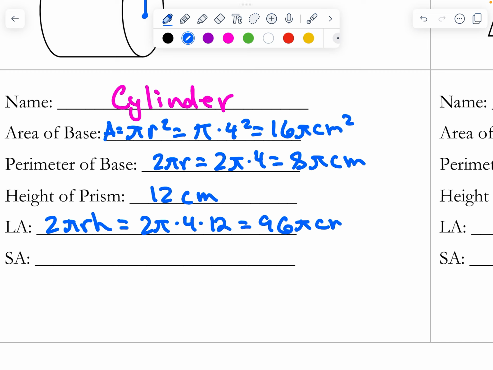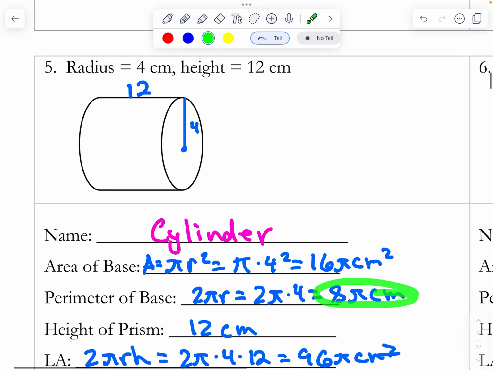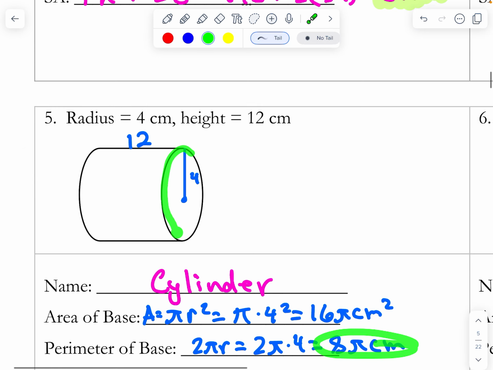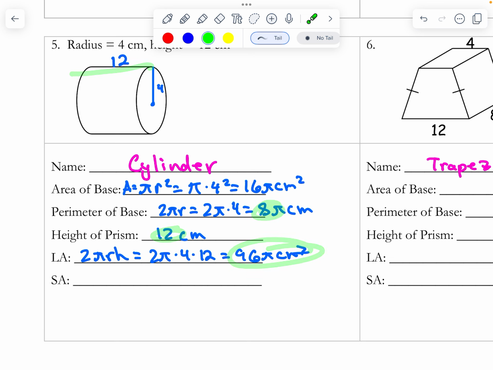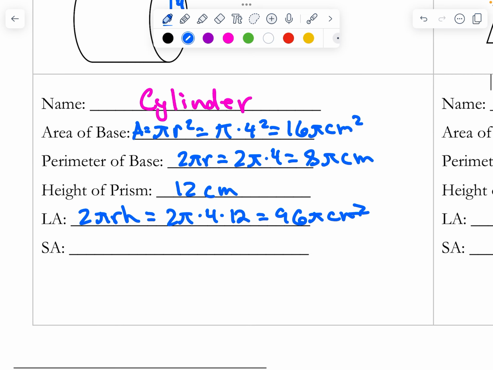Pi centimeters squared. But yes, could I have done perimeter? Because we have the perimeter, or essentially the circumference of the circle, times height. Yeah, you could have absolutely done that. You would have done 8 pi times 12, giving you 96. Found my first answer, 96 pi centimeters squared. And now let's go ahead and find my surface area. Remember, my surface area is just going to be 2 pi r times height plus the two bases,